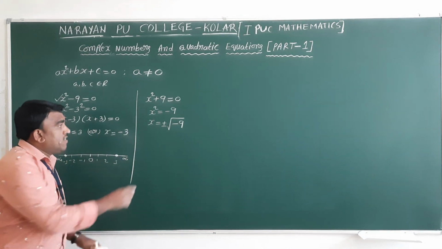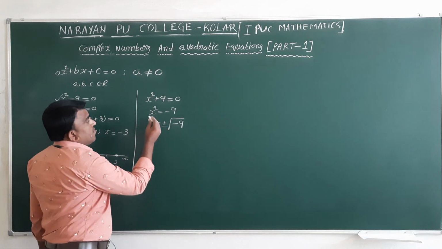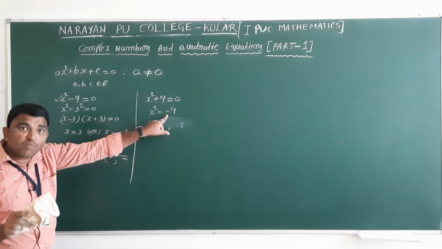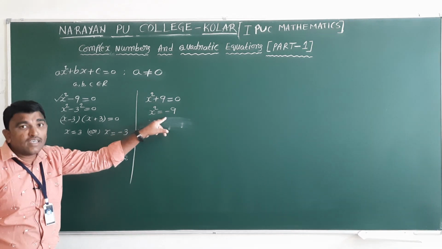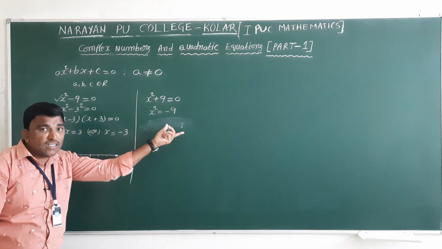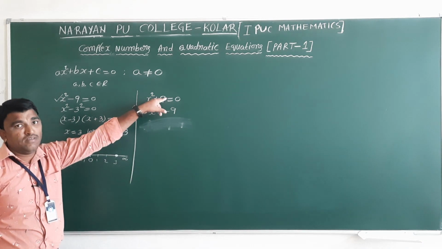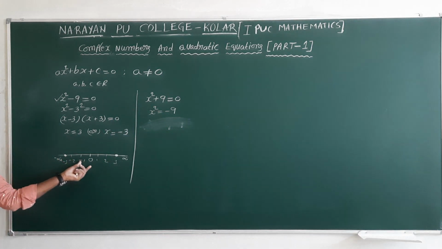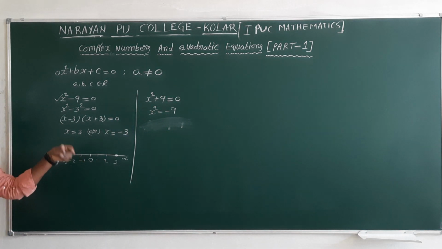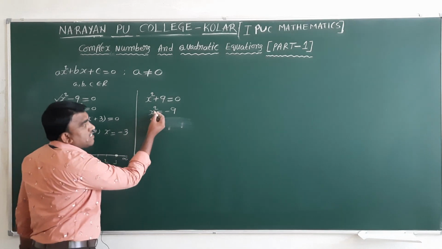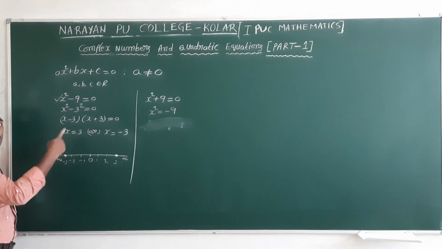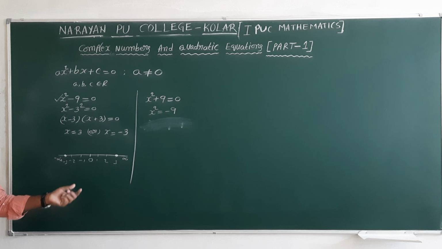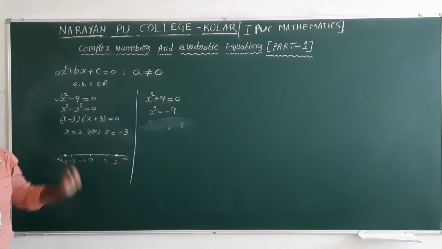But we studied that the square of any value gives a positive real number. But here we got minus 9. Not only minus 9, we get any negative value based on the number. Whenever it is a positive real number, we know how to represent it on the real number line. But based on this, it is not possible to show it on the number line. So to overcome this difficulty, we are introducing a new concept, the complex numbers.